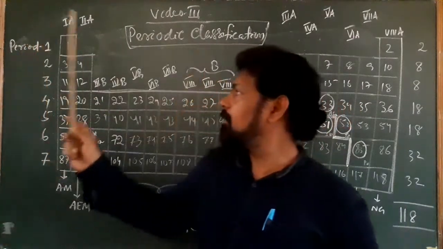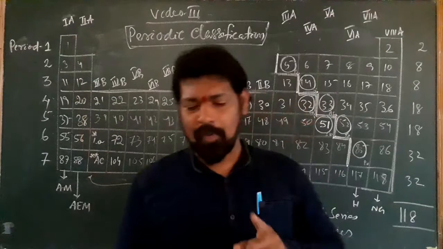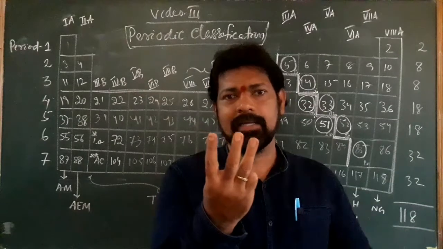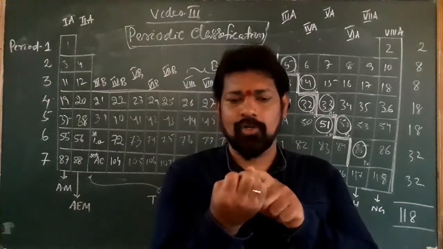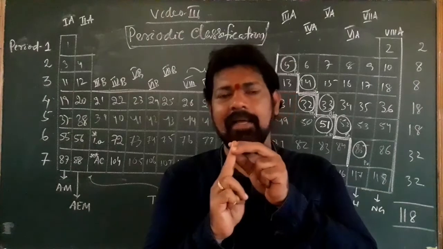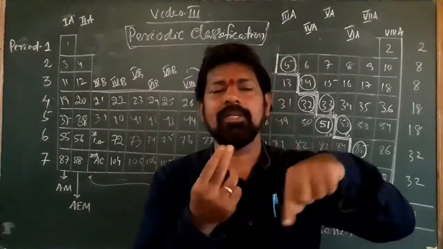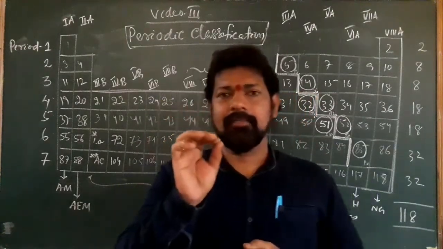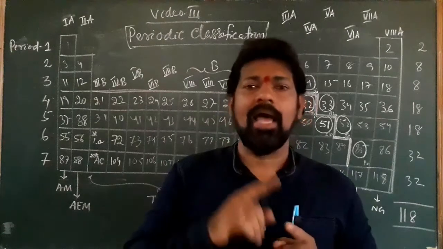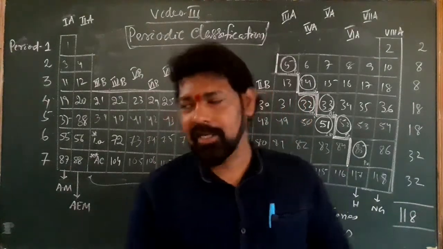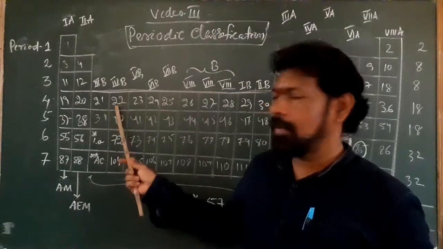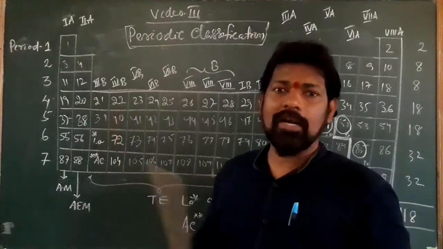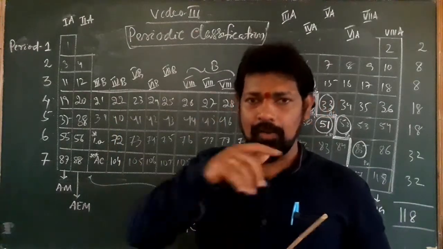You know that the first element, atomic number 1, has 1 proton. An atom contains 3 different fundamental particles: proton, neutron and electron. Proton and neutron are physically combined and form the nucleus, whereas electrons keep revolving around the nucleus. One thing you have to remember is that a particular atom has an equal number of protons and electrons. For example, element 22 has 22 protons in its nucleus, and at the same time 22 electrons revolving around the nucleus.